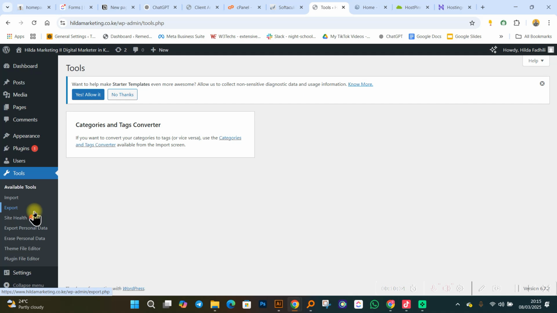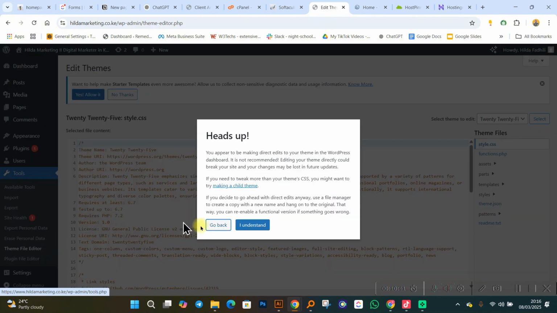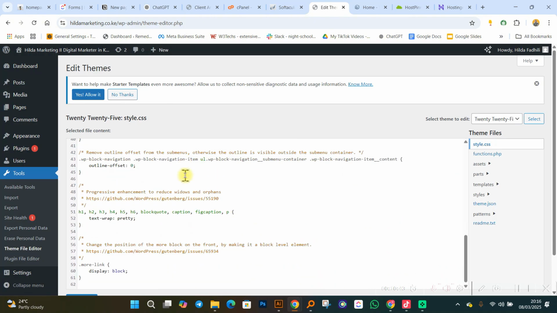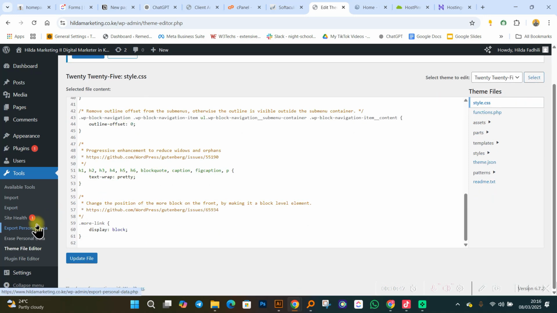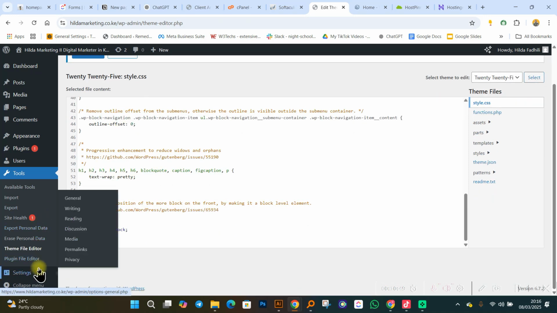And then down here we have something we refer to as tools. All these are the available tools that you can use when it comes to creating your website. For the guys who like to code, you can always come and check a few things about your website over here. Now, WordPress is purely PHP, so if you like to do custom kinds of things, you can always come over here.